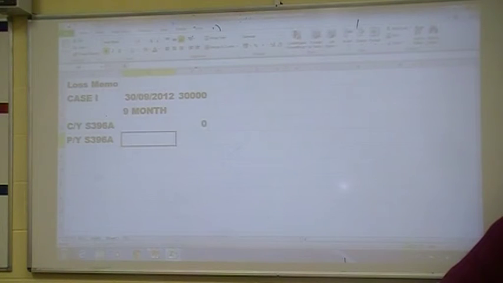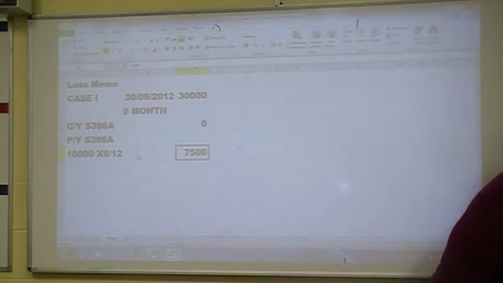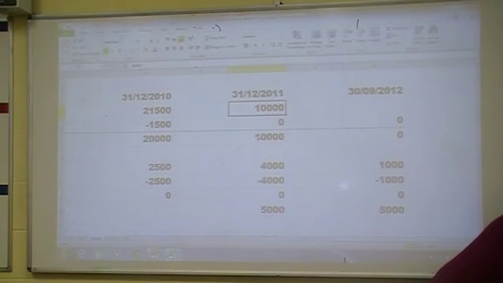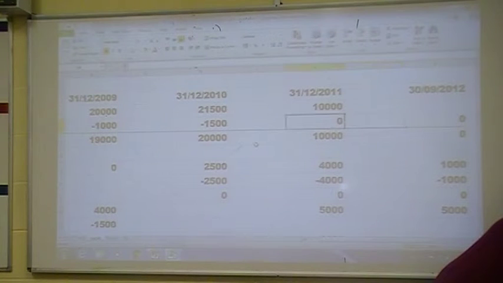So we can only shelter 10,000 euro by 9/12, which is 7,500. So we go back in here, our loss we can take off is 7,500, section 396A per year, bringing it down to